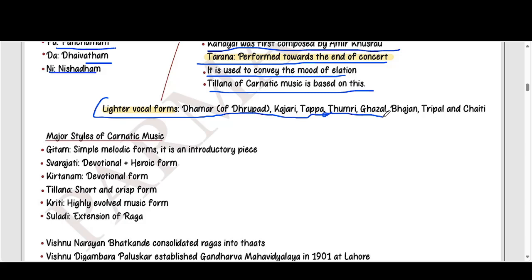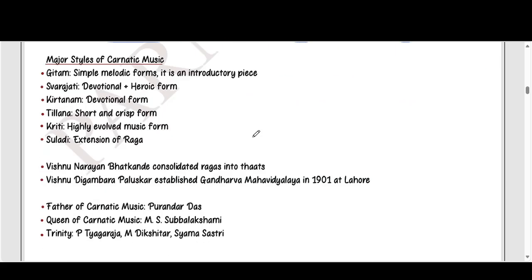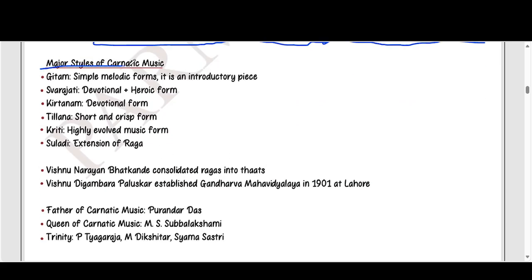Kajari, Tappa, Thumri, Ghazal, Bhajan, Tripal, and Chatti. Major styles of Carnatic music: Gitam, a simple melody form. It is an introductory piece. Sor Jati, devotion plus heroic form. Ketarman, devotion form. Tilana, short and crispy form. Kirti, a highly involved musical